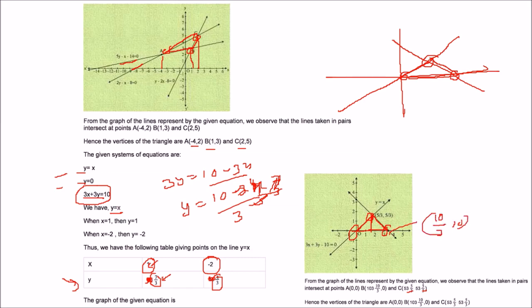And you can verify it also. You can always find the intersection point, like y equal to x, y equal to 0. Now let us say this line is 3x plus 3y equal to 10. Let us put y equal to x. So it will be 6x equal to 10, so x will be equal to 10 by 6, that is 5 by 3. So that is how we got this 5 by 3. When y equal to x, x will be 5 by 3 and y will also be 5 by 3. So this is the intersection point we are getting.